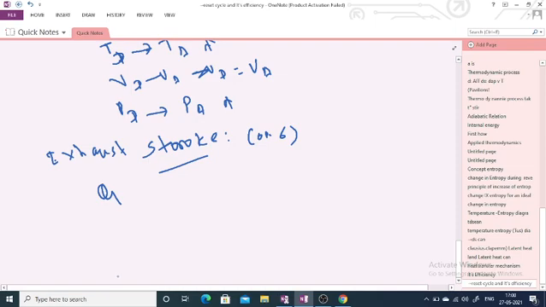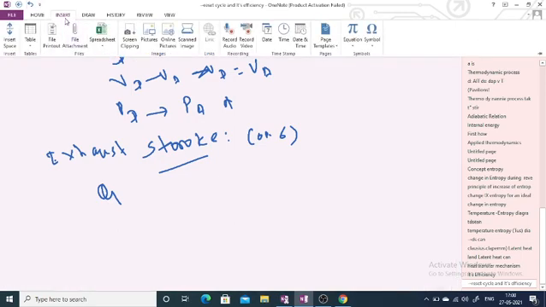So the next task is to determine the efficiency of the diesel engine. To determine the efficiency of the diesel engine, there are some assumptions. You should remember that the Otto engine conditions and diesel engine conditions are the same. That is, each and every stage must be a reversible process. The mixture of air and fuel vapor must behave as a perfect gas. So for efficiency, we consider that two heat exchanges take place.